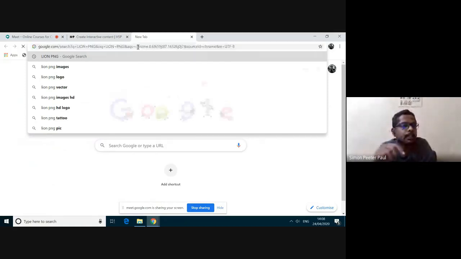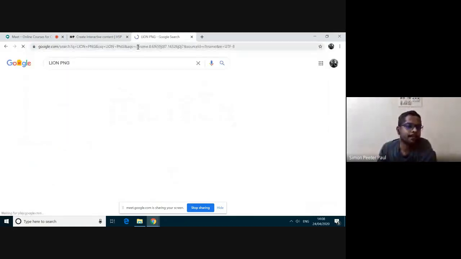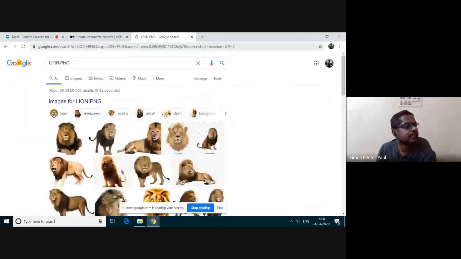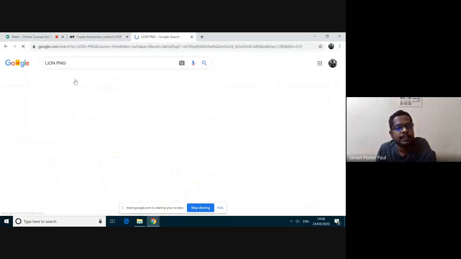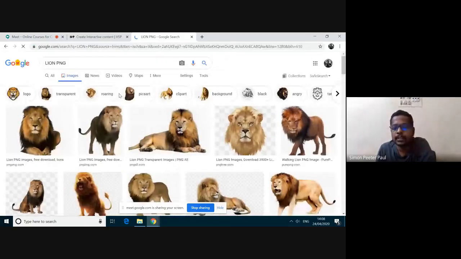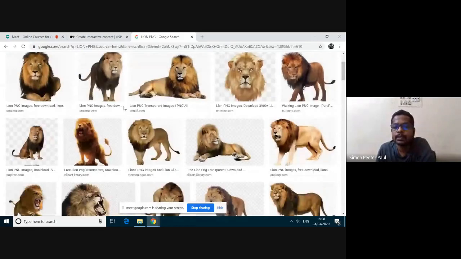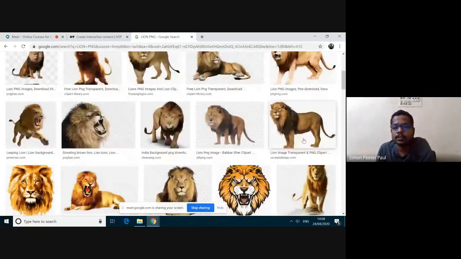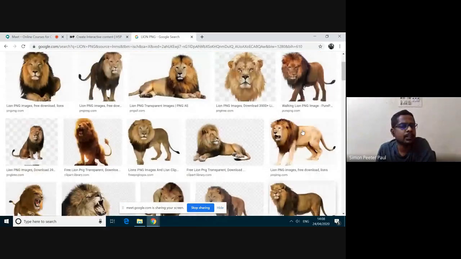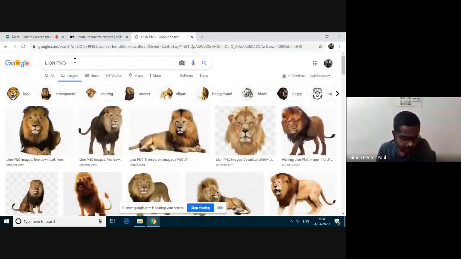So I'm typing lion PNG, and then I'm clicking this images tab. I'm getting the lion image. I think I can go with this one. And then here, as usual, you can click the tools.